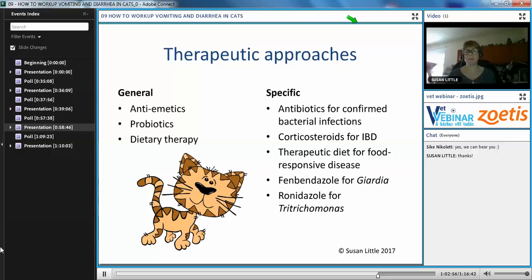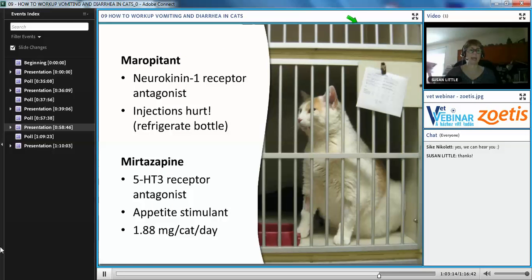The rest, I'll leave to you because you can look up specific treatments, corticosteroid protocols for IBD, for example, and specific treatments like fenbendazole for giardia or the ranitidine that we already talked about. So we'll just talk about some of these more generic ones that we might use in a number of different types of cases. So I just wanted to do a quick review of the antiemetics. In the webinar that I did for you, if you watched the one on chronic kidney disease, we talked a little bit about antiemetics. So just as a review,